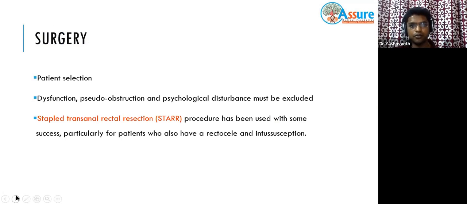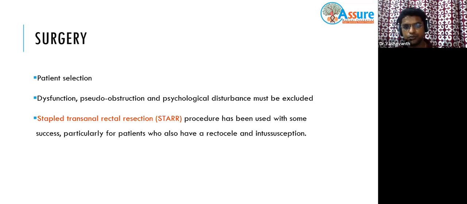Surgery in constipation, especially refractory constipation, is usually avoided or reserved for those who are very refractory to any of the measures we discussed so far. And this surgery is usually taken for those with pseudo obstruction; psychological disturbance and dysfunction should be avoided, because these won't have a good result. Because when there is CIPO, chronic intestinal pseudo obstruction, there won't be food or stool reaching the small intestine per se.